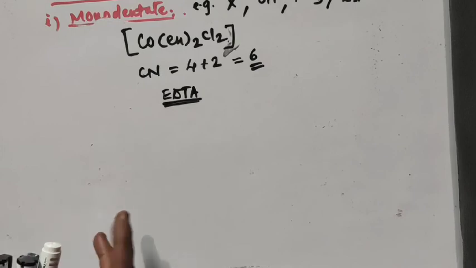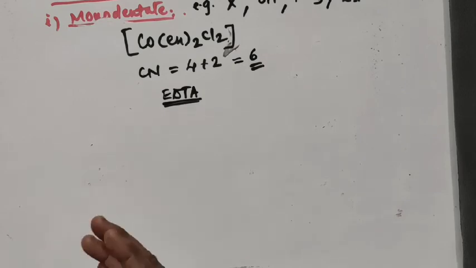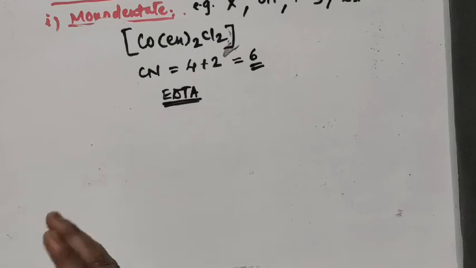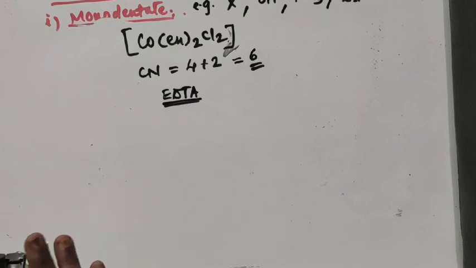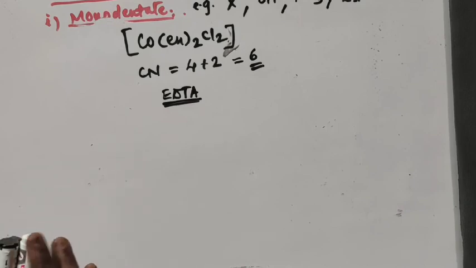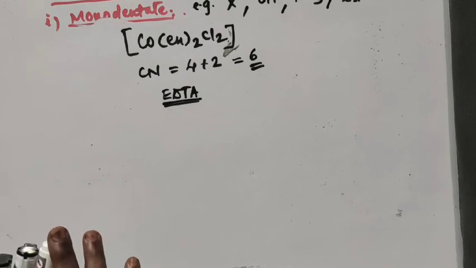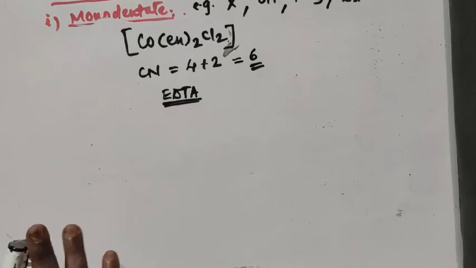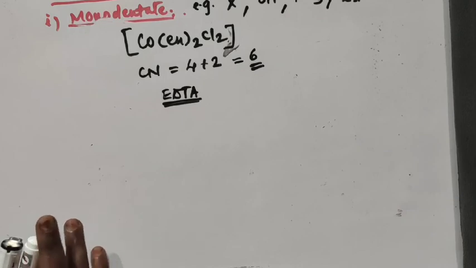Then the central metal atom is a Lewis acid as it accepts electron pairs, and the electron donors are the ligands. So ligands act as a base here as they donate the electron pair to the central metal atom. On the basis of the number of atoms which can donate electron pairs, ligands are classified. Monodentate: mono means one, only one atom is there which can donate an electron pair. We have seen examples: halides X minus, OH minus, H2O and NH3.